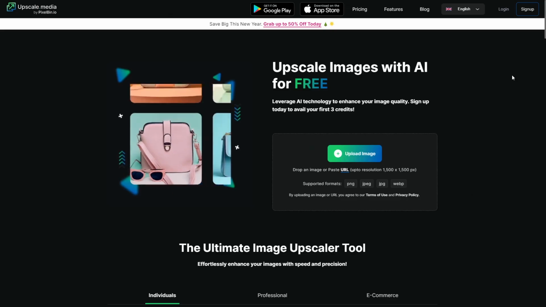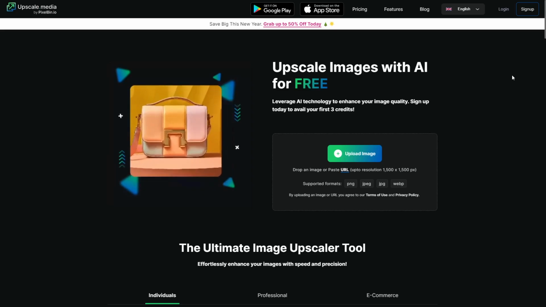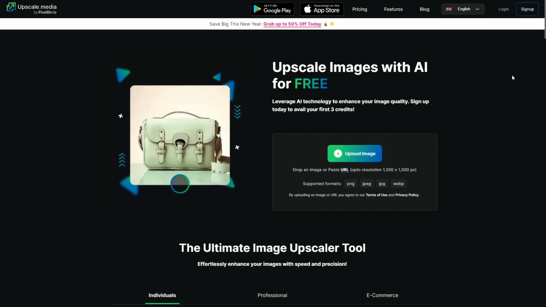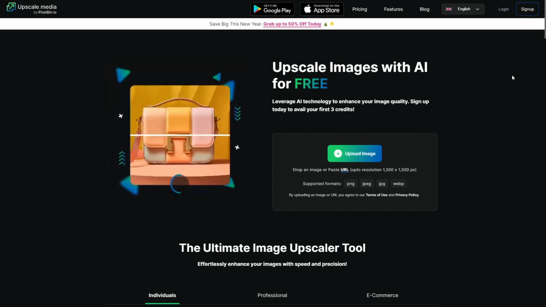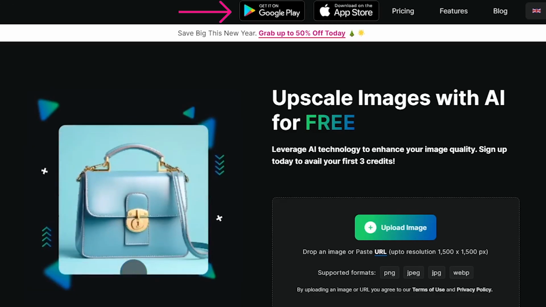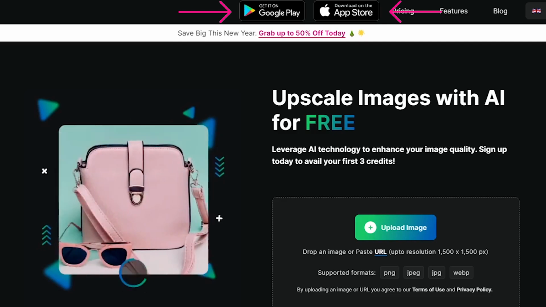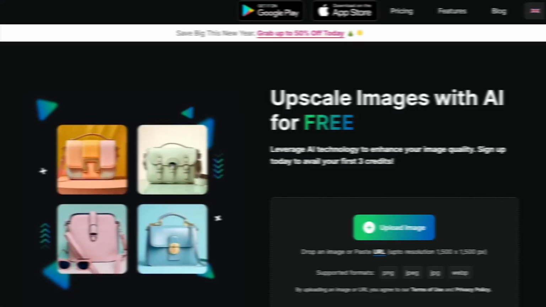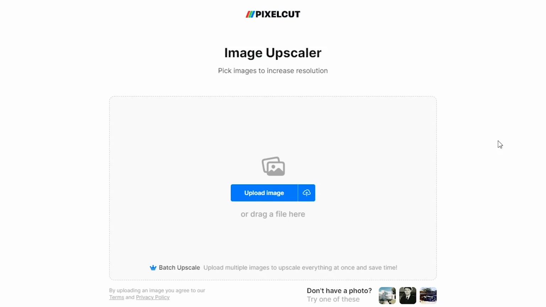The next tool is Upscale.media, which is completely free to use, and there is a 3 daily AI upscaling limitation. Also, this website has applications available for Android and iOS, and you could use them on your mobile phone as well. And the last tool is Pixelcut, which is completely free to use without needing any registration.